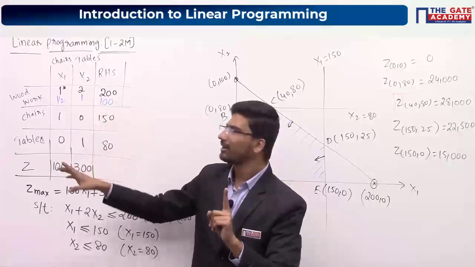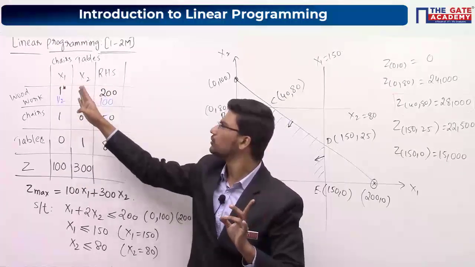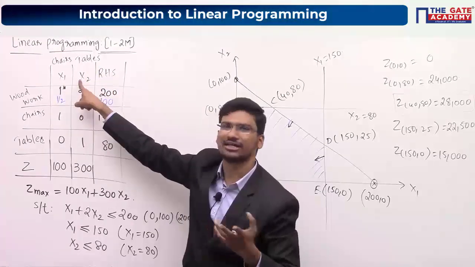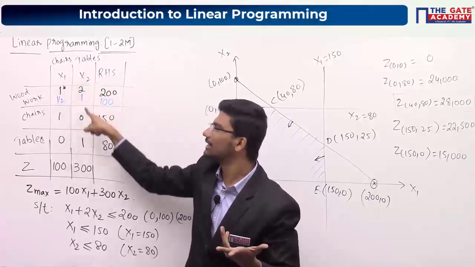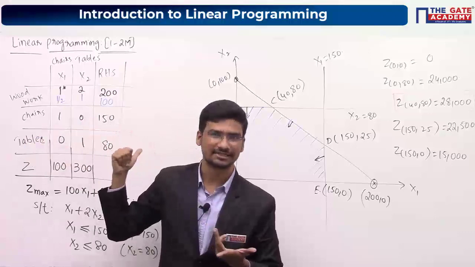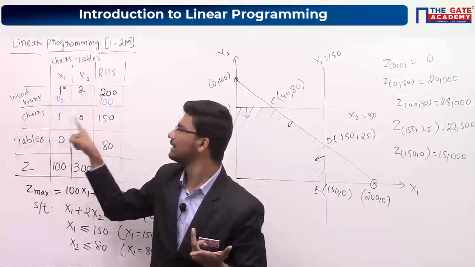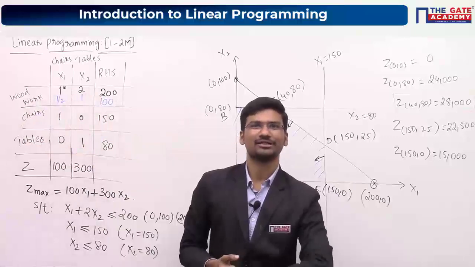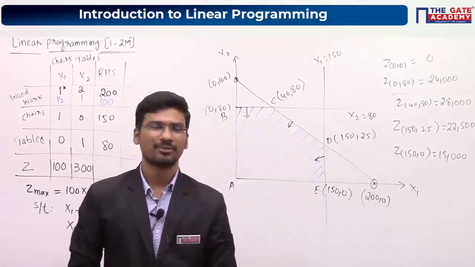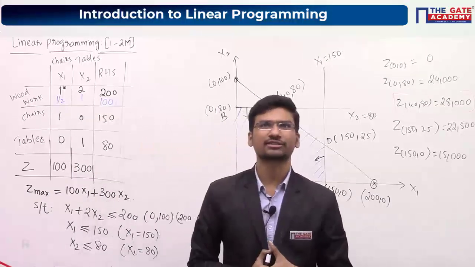The only thing you have to keep in mind is that you have to write the decision variables in these columns. The order of these decision variables doesn't matter. Here you can write tables, here you can write chairs also. Here you write decision variables, and here you write your resources or your constraints. Generally, the resources we are having, we will be writing in the rows. Fine? Okay, good. Anyone else who is having doubt regarding this? Any other doubts? Otherwise, we will move to the next concept. Shall we move to the next concept?